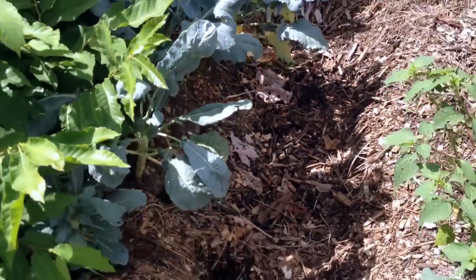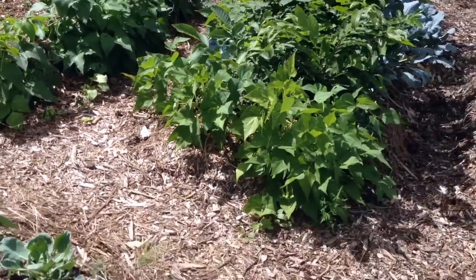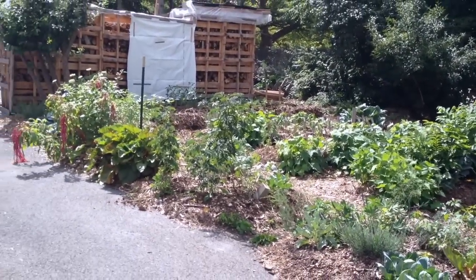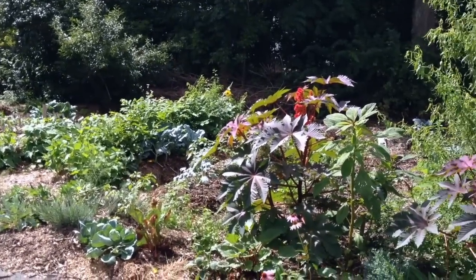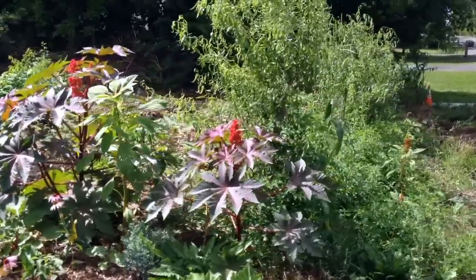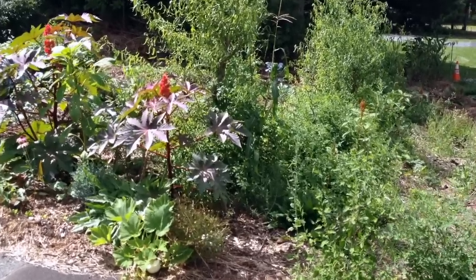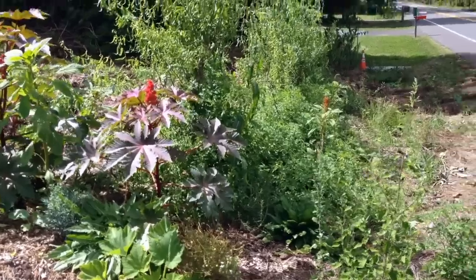So, again, I can't say it enough. This is one year transformation, almost to the day, a year and a few weeks for this space, from a mowed lawn and haggard forsythia, where the only yield was a time sink with a mower and pruning, no food, just gas, time, hassle, to a perennial, maybe not dominant yet, but a perennial heavy ecosystem, thriving, exploding ecosystem of food and medicine, habitat, soil remediation, soil building, wind protection,